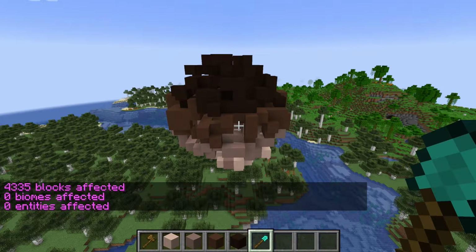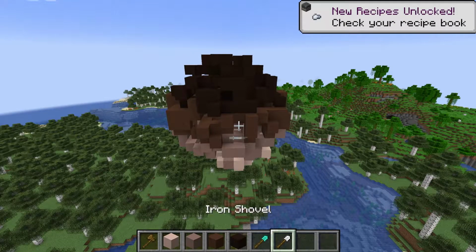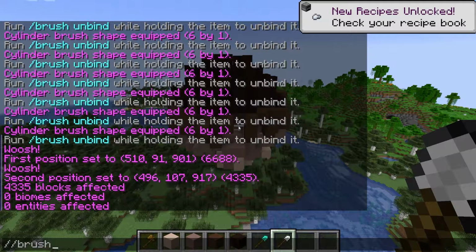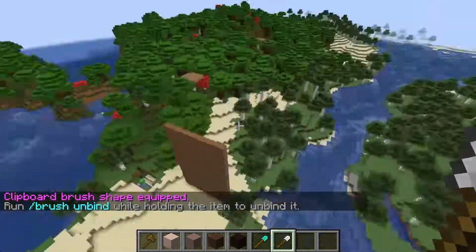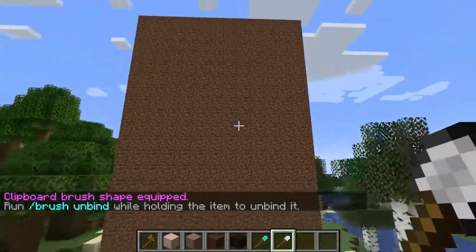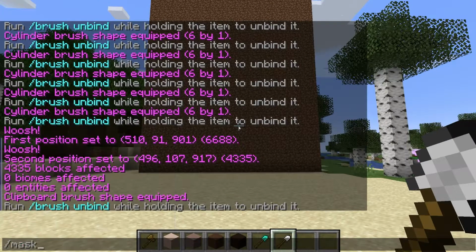Now you can use a different tool, or use the same one. I'll just do a different tool. If we do /brush again, and we do clipboard -a, this is doing the brush command, but instead of defining a sphere or cylinder, we are using the clipboard instead, and the -a is taking out air. So when you do the brush, it will not paste air, pretty much, is all that's saying. Then if we press enter on that, come down here, and now we need to do a mask of